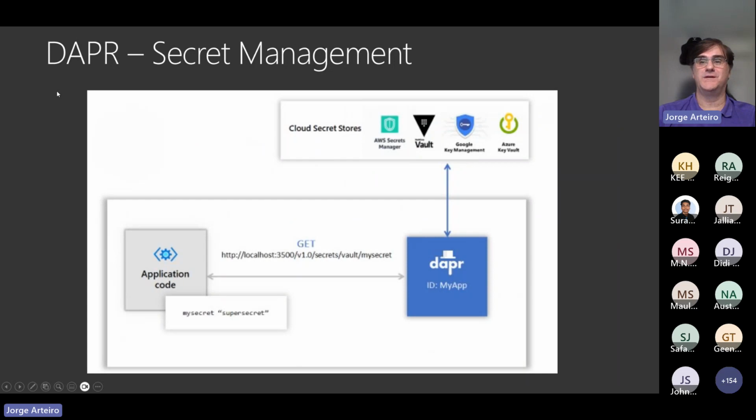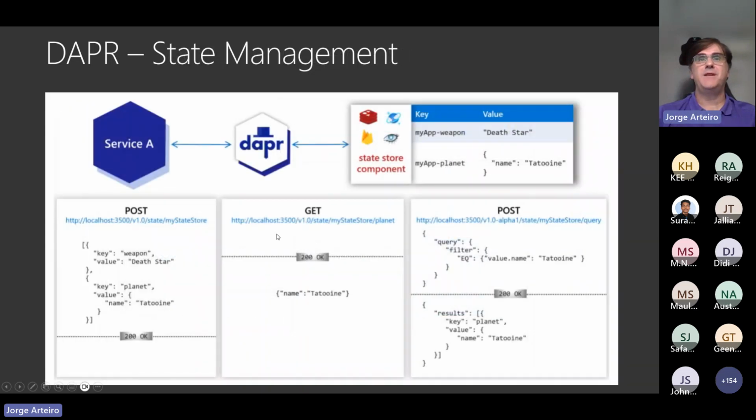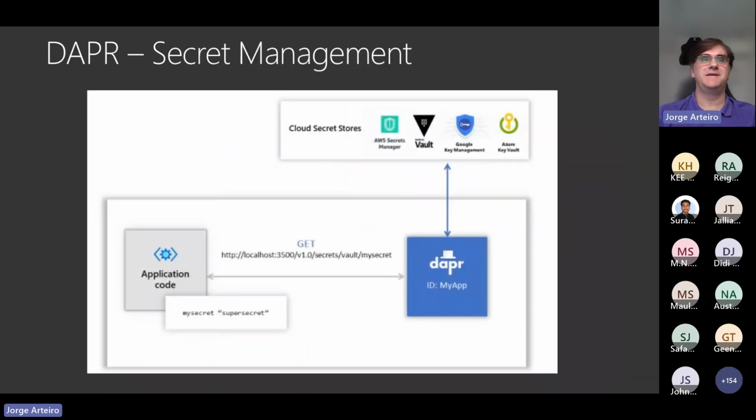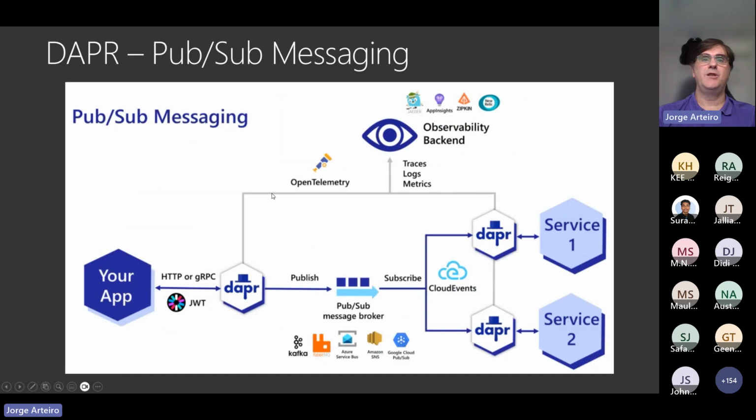You don't have to know all these products. That's a nice way to do it. Why need that? Because maybe locally you're going to be using, let's say here, look at this. You may be locally using Docker to play with these components that you're using, like Kafka. But in production, you're just going to change the Dapr configuration to point to the Kafka running on the cloud. Means that without any code change, it can change the product that you're using.